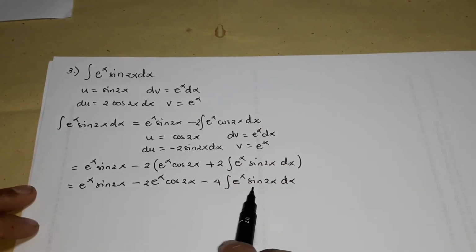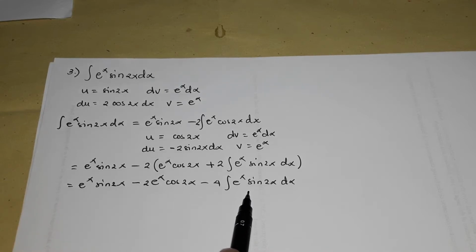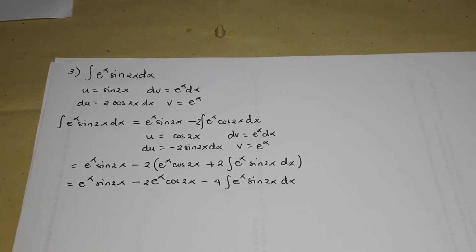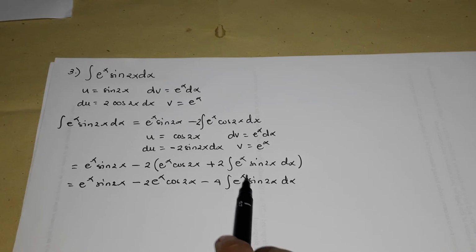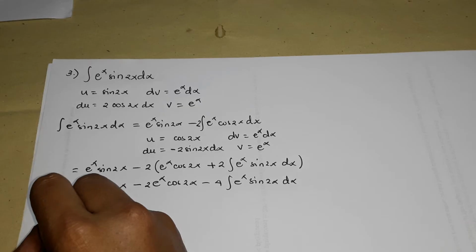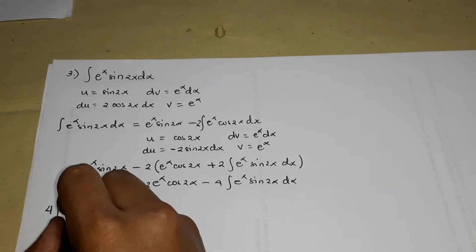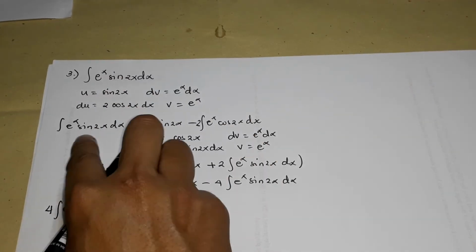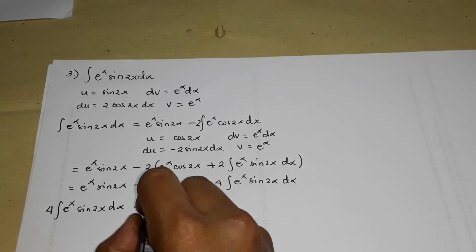Again, what you notice is that the integral part becomes similar to the given function, e to the x sine 2x dx. So, as you can notice, if the integral contains both transcendental functions, the derivative of u will never become 0. So for that purpose, you're just going to throw this on the other side, leaving you with 4 integral of e to the x sine 2x dx, and then you will add this